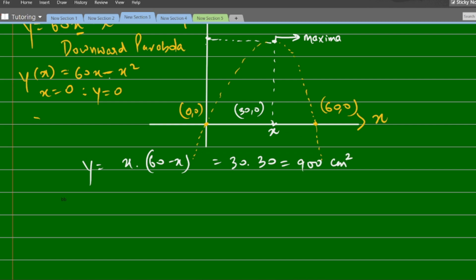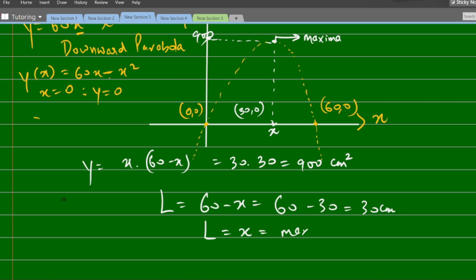Units are important, okay? 900. Remember, L is also 60 minus x. So this will be 60 minus 30, which is 30 centimeter. So when L is equal to x, this maximizes the area. This is again